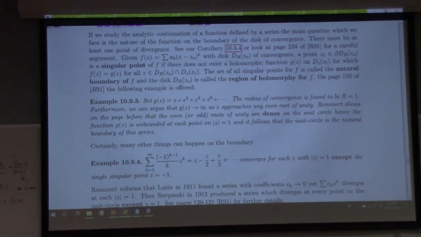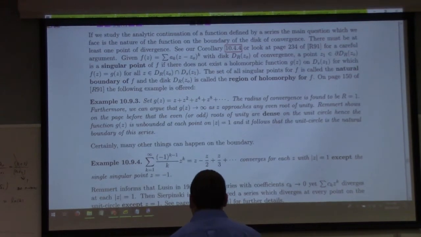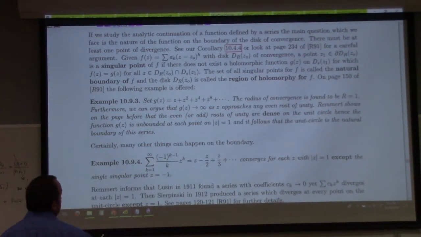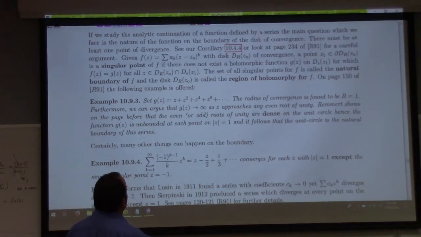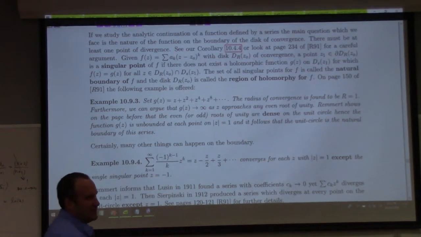See this example, 10.9.3? If you look at this, that's funny. Why a z at the start? Man, that bothers me. I want that to be a 1. I wonder if that's a typo. Anyway,